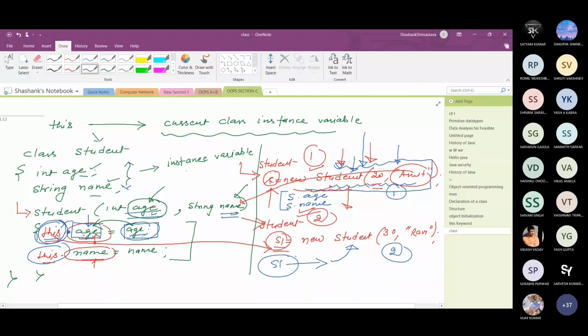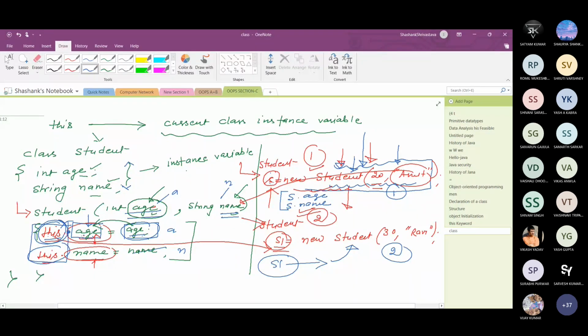But if you just write a and n, then there is no problem. You can write just a and n, and then there is no need to put the this keyword here, although implicitly the Java Virtual Machine provides this.